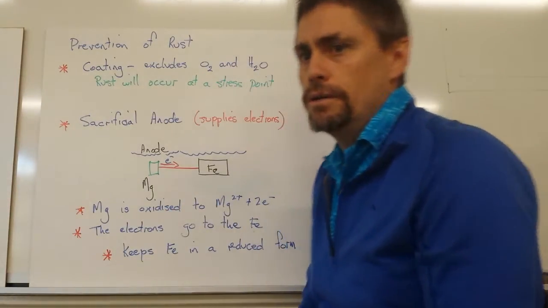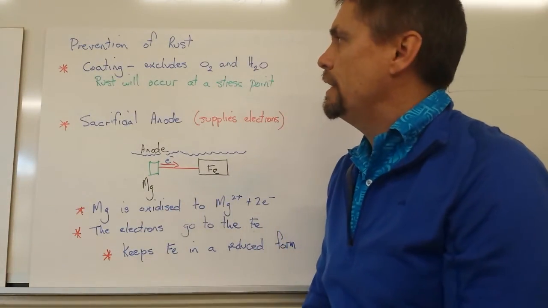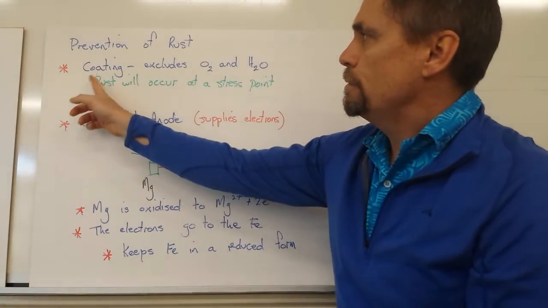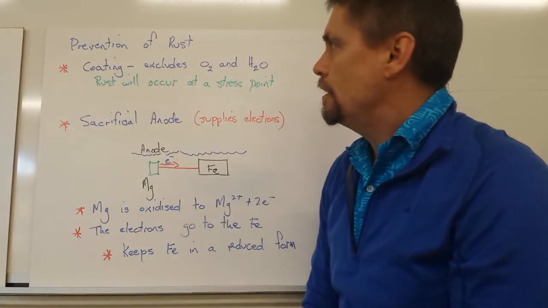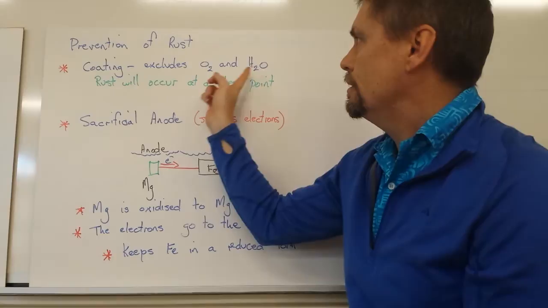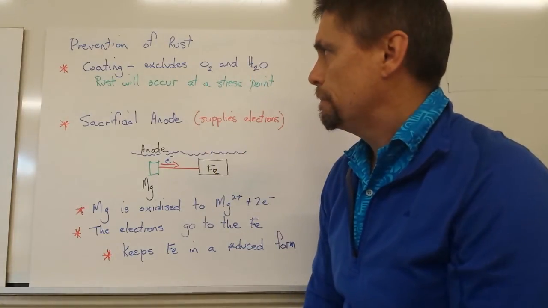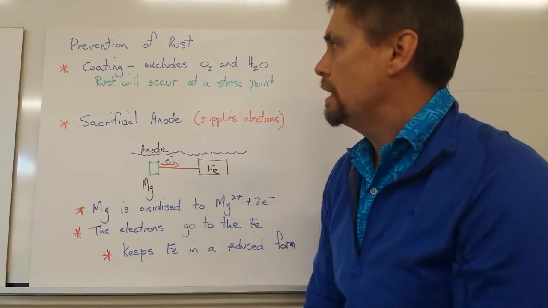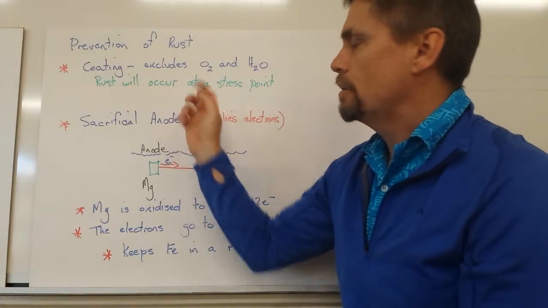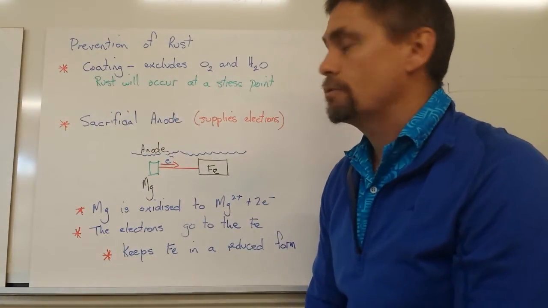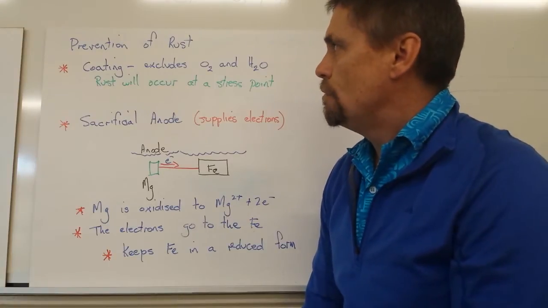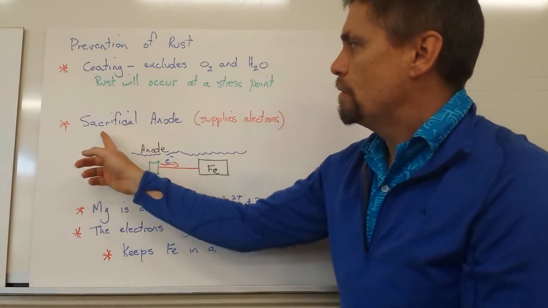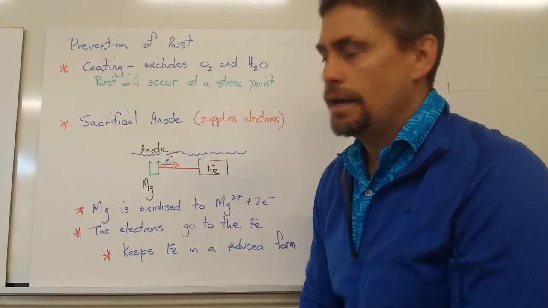There are two quite common ways of preventing rust. The first is to apply a coating, and that coating will exclude oxygen and or water. The problem with this coating is if it's scratched or slightly removed, rust will still occur at a stress point or a scratch. The second form of prevention of rust is what we call a sacrificial anode, and it's a